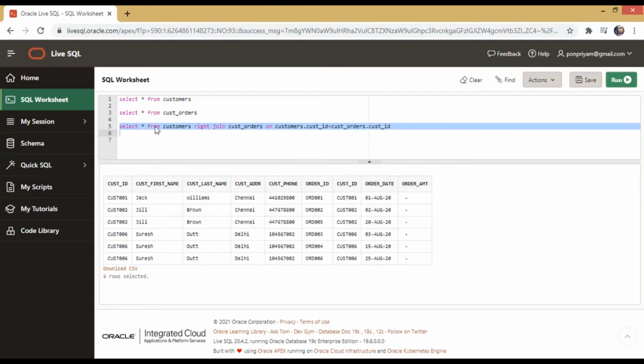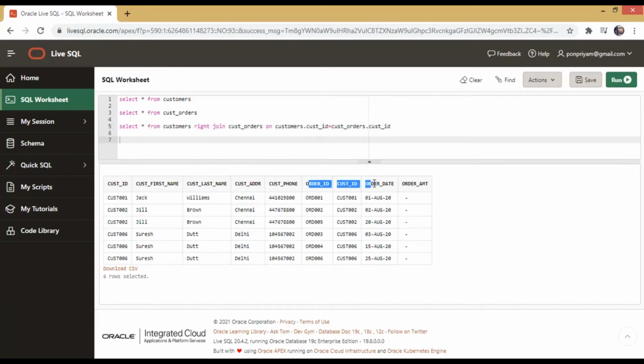So in this case, all the records from the second table, which means you will have 6 records from the second table, order 1, 2, 3, 4, 5 and 6. So all the 6 records of the second table are getting displayed. If you see this order ID, customer ID, order date and order amount, these 4 attributes are coming from the cust_orders table. So here, since cust_orders is kind of a child table for customers, you have an entry for all these order IDs in the master table because any one of these customers have actually placed the orders. So here for every record in the second table, you will have a corresponding entry in the first table. So that is getting displayed here.